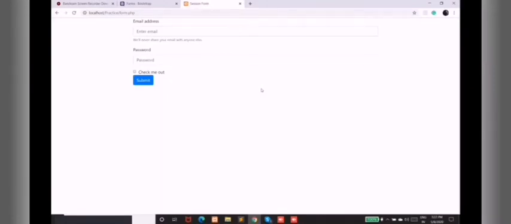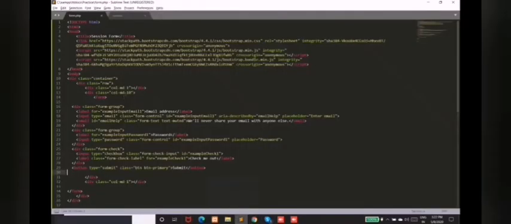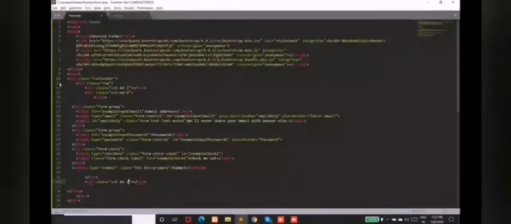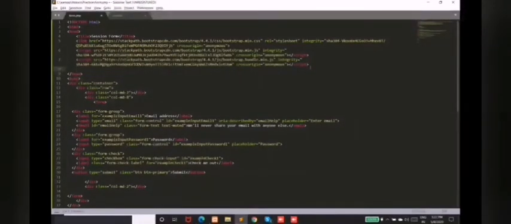Now I'll bring it in a bit less. It will be 8, this will be 2, and this will be again 2. So the form will be shorter. Now I'll leave some padding from the top.